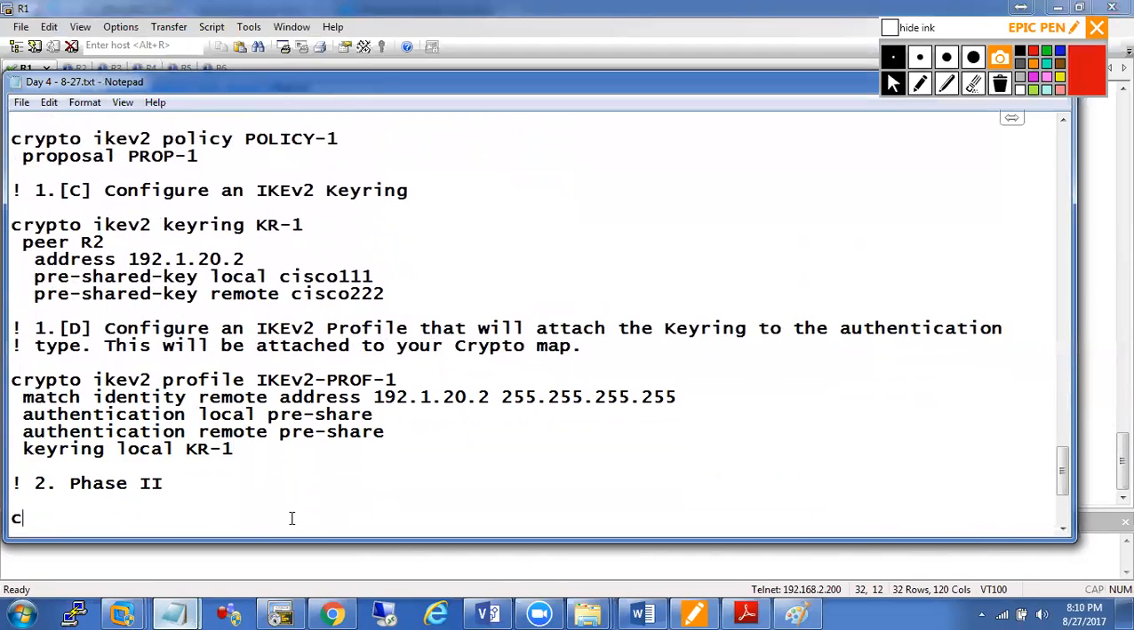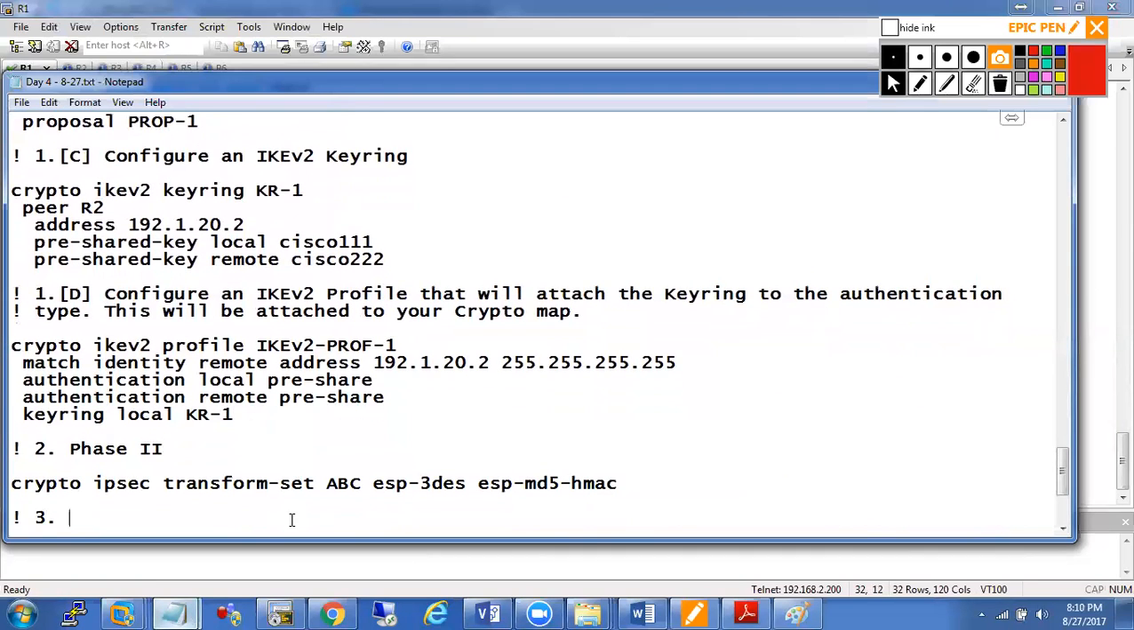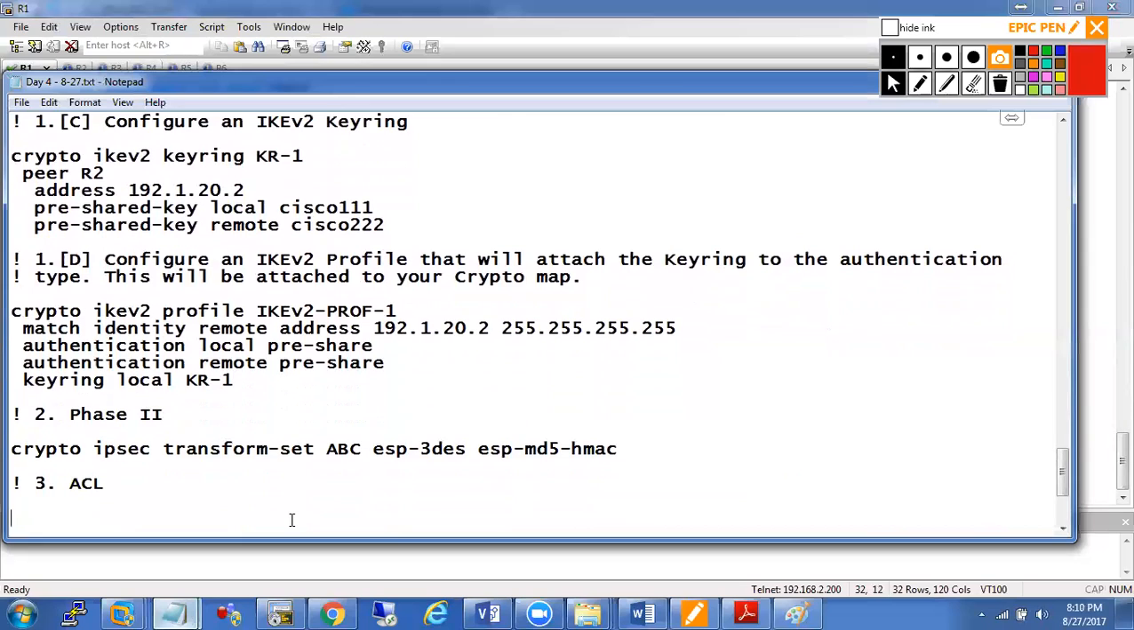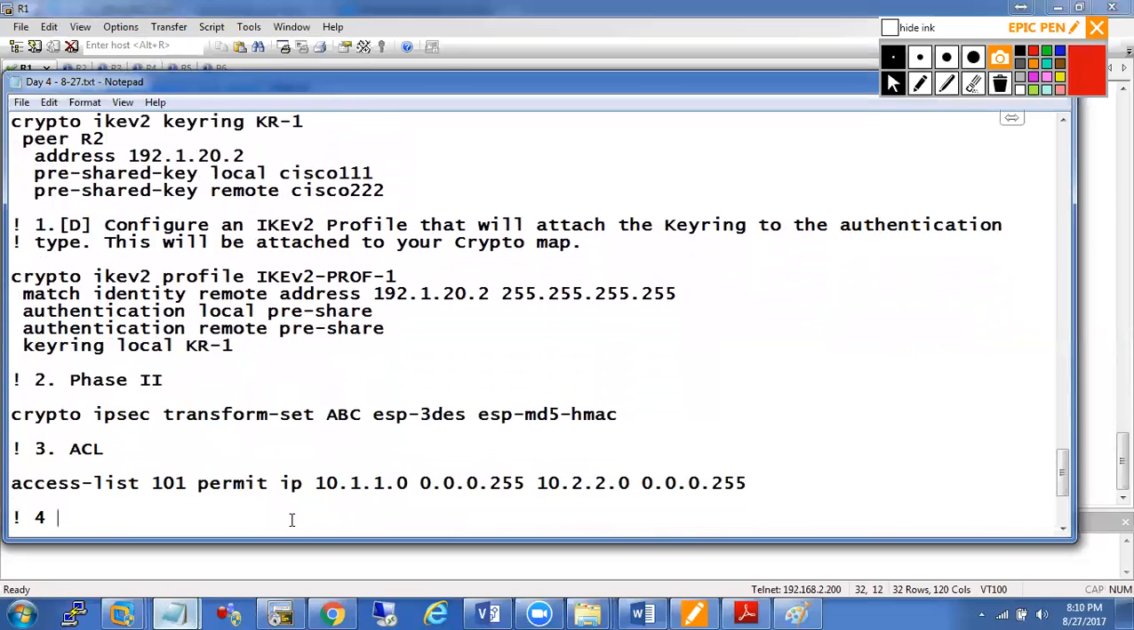Phase 2, crypto IPsec transform set, ABC, ESP, whatever you want to use, triple DES, ESP, let's say MD5 HMAC. Step 3, ACL. I'm doing it from R1 to R2. My crypto map,